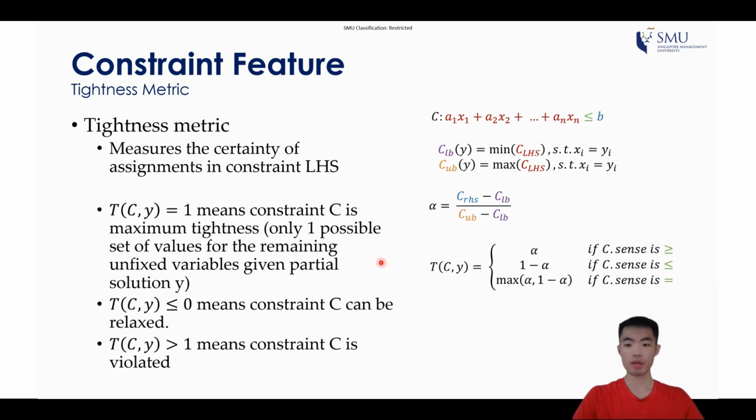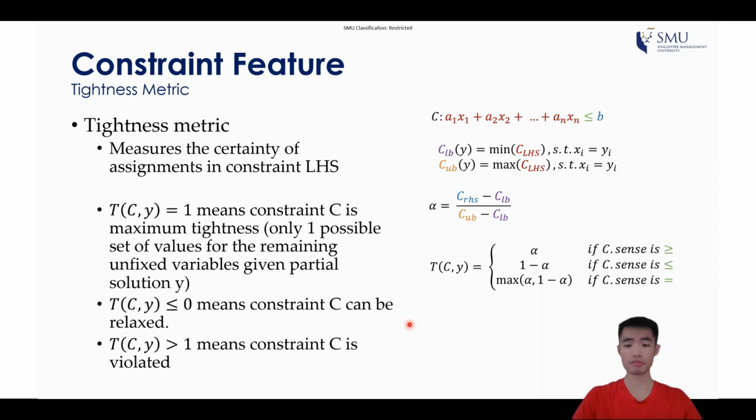When tightness equals 1, it means that the remaining unfixed variables in the constraint have a single combination of assignments which are feasible. Hence, the assignments of these variables can be inferred and propagated. When tightness is less than or equal to 0, it means the constraint can be relaxed. The degree of the variable nodes in the graph for each of the variables in the constraint can be decremented, and if the degree reaches 0,